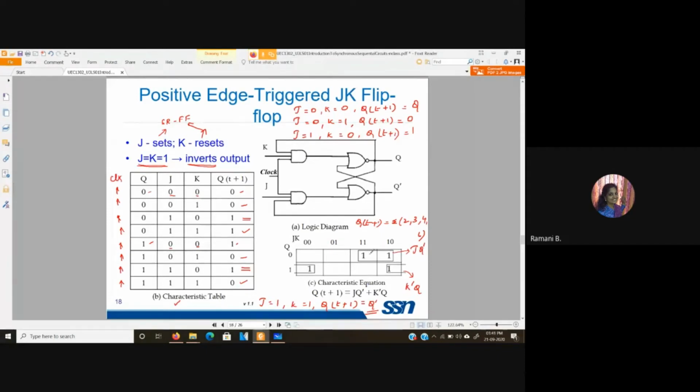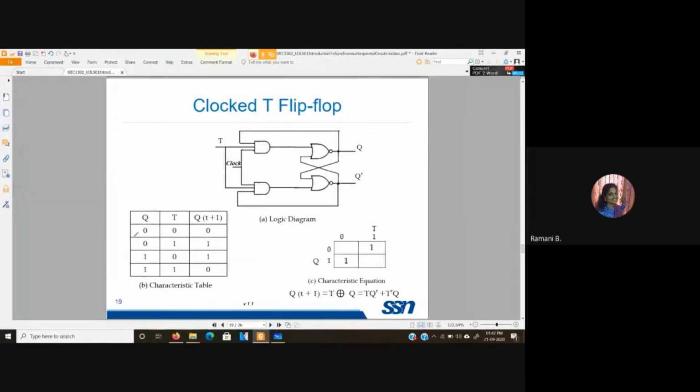We shall see the functionality with respect to the circuit some other time. For now, you have to remember only this. All these four conditions alone you have to remember. The next type of flip-flop is the T flip-flop. It is a slight modification of this particular flip-flop. Here, if you have both J and K equal to 1, we call that flip-flop a T flip-flop. The circuit is therefore the same, with J and K equal to 1, or you could say the J and K value is equal to T. Whatever the value of J and K, it is equated to a single variable.